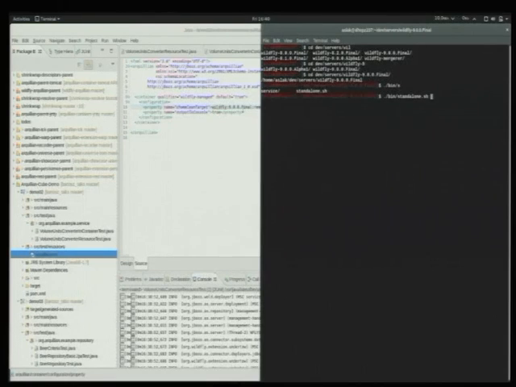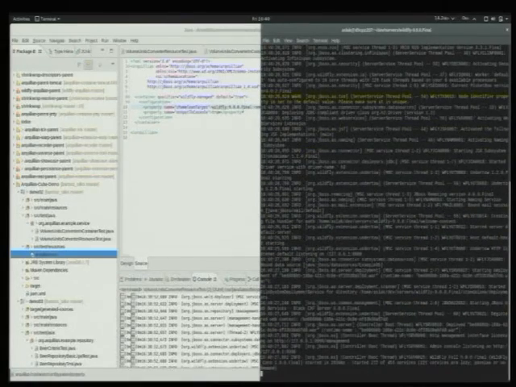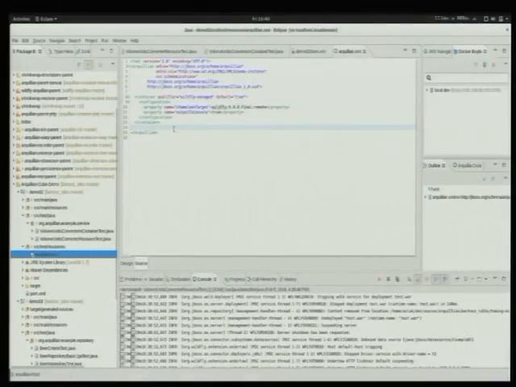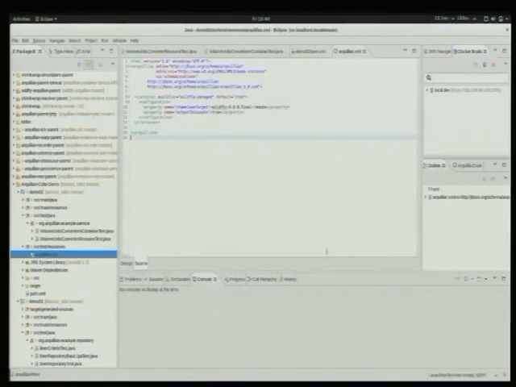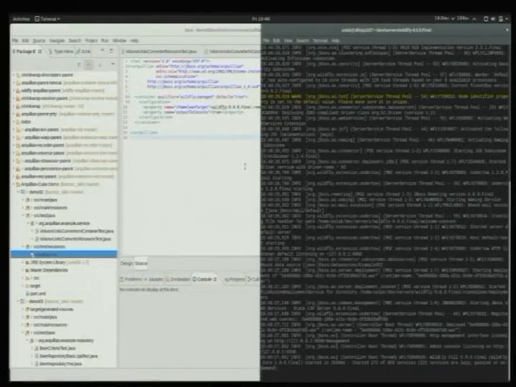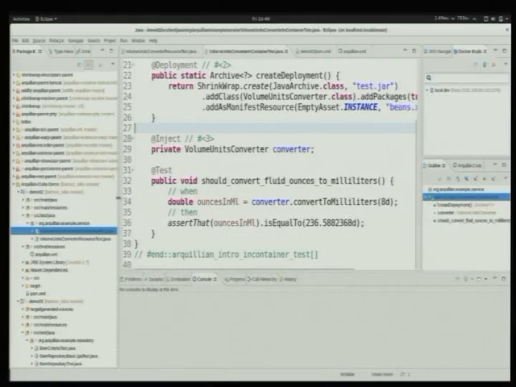Let's start up a Wildfly server outside of Arquillian's control, and then change it to use the remote adapter, so they will communicate with some existing server, and we can debug that server. And let's see. When we then run the in-container test, we can set a debug point inside the test method and see where that actually executes. If we rerun that,